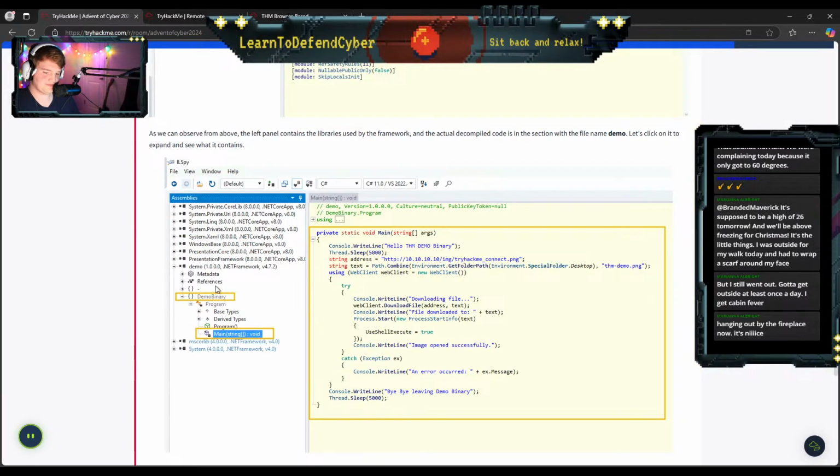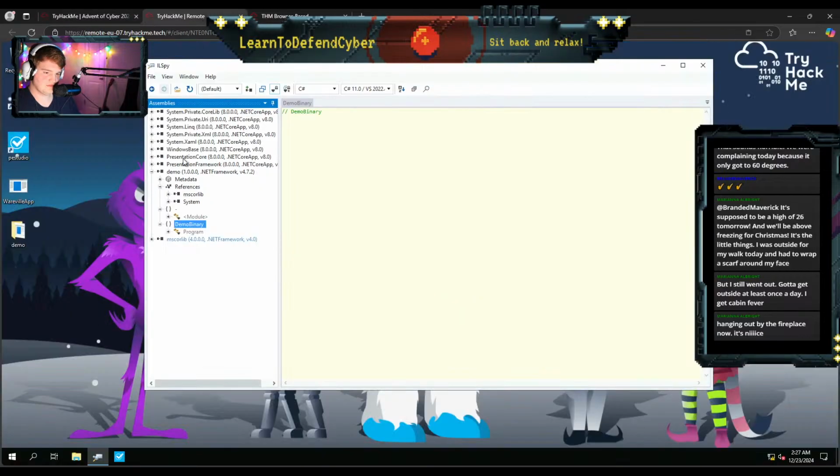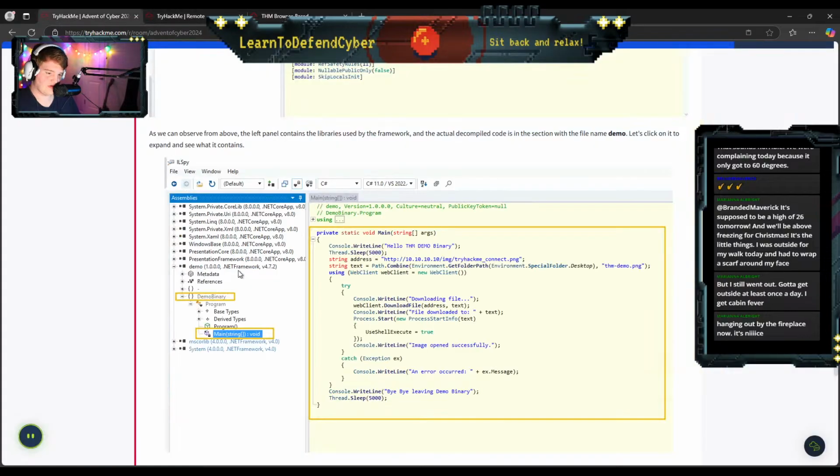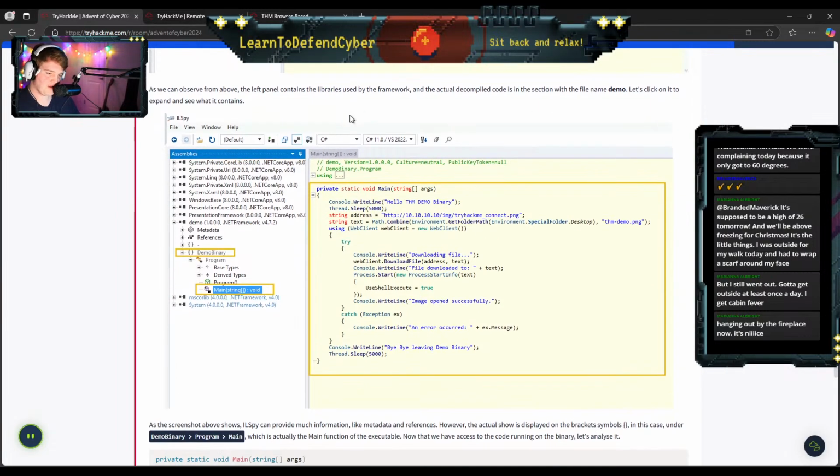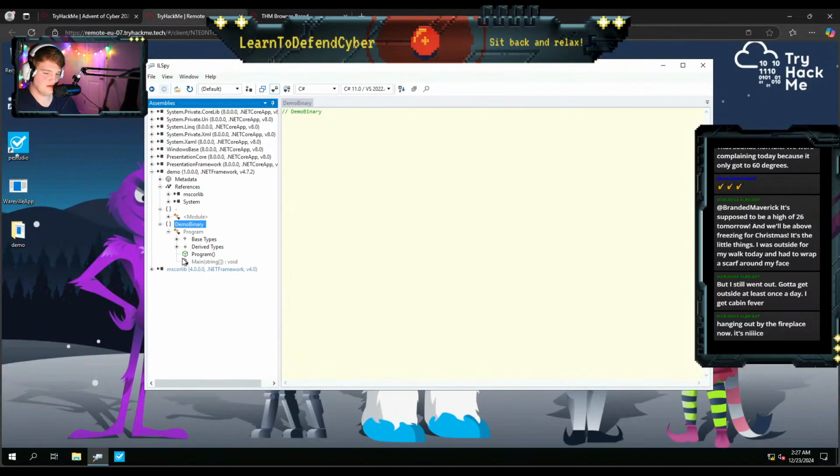Anyways, we can dig down into that a bit using the plus button. Okay, contains the libraries used by the framework. The actual decompiled code is in this section with the file name demo. Let's click on it. It decompiles it.